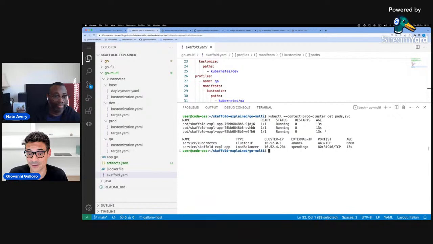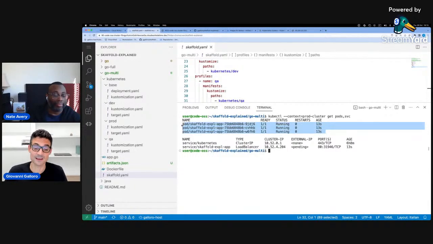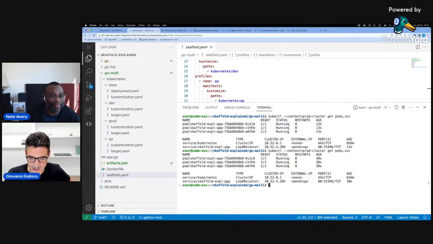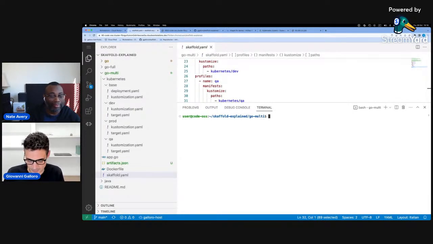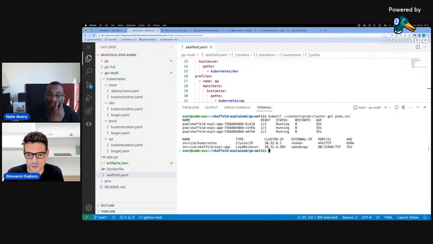In this case, it is different because we had configured the prod manifest, the target YAML in Kustomize, to have 3 replicas. This is an example. Maybe in production, you want to have more capacity to handle the production traffic. Okay. And hopefully the cluster should give